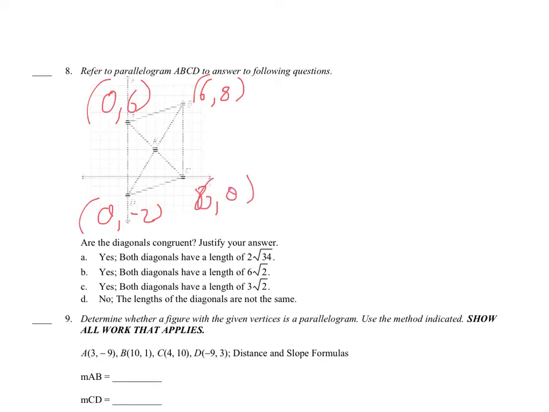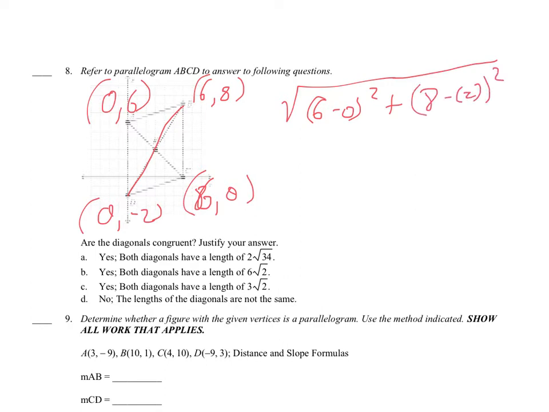I'm sorry, 6, 0 here. So distance formula for the first diagonal, this one right here, we would take the square root of 6 minus 0 squared plus 8 minus negative 2 squared, which gives us 6 squared plus, that would be a negative 2, 10 squared. So 36 plus 100,